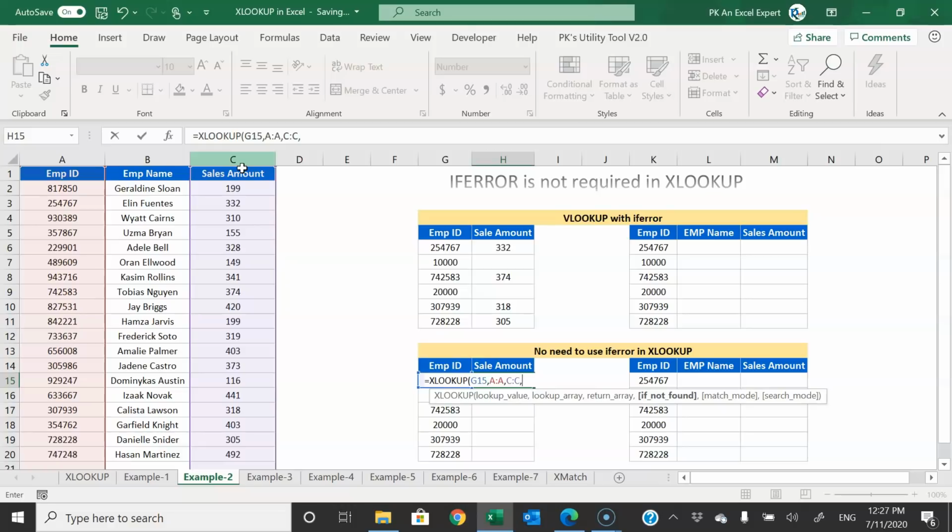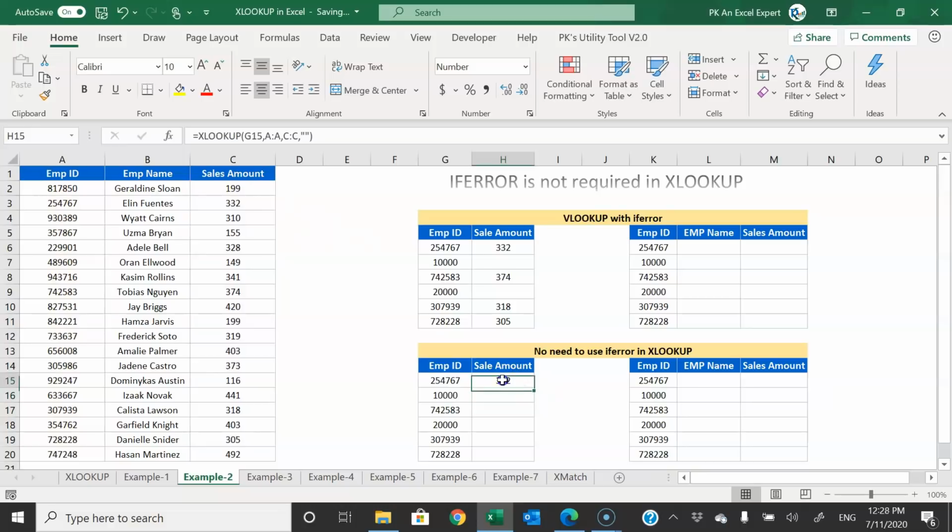So I can put blank here, then it should return blank. Just close the bracket, press enter and you can fill this down. So here you can see it is automatically returning blank. And the same method you can use here also, like we have used in the previous example. Alright, so now let's move on to the next example.